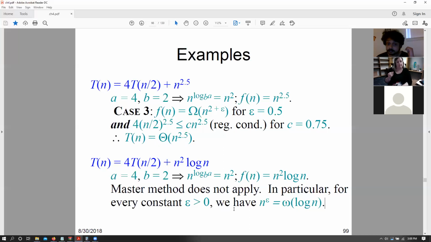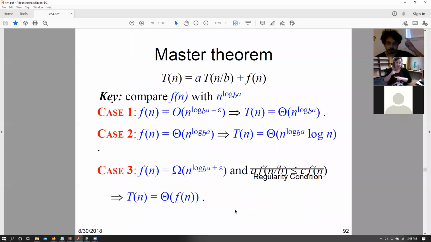So just for clarification, even if that epsilon was like 0.0001, that's still going to dominate your log n function, right? Yes. Okay, so that's why you can't apply it. Yes. But remember that the dominating function is different for all the cases, right? For case 1, your equation has to dominate your function. For case 2, it has to be both big O and big omega, like as in big theta. For case 3, your equation has to dominate the assumed function, that is big omega. So it depends on which dominating thing that you're talking about.